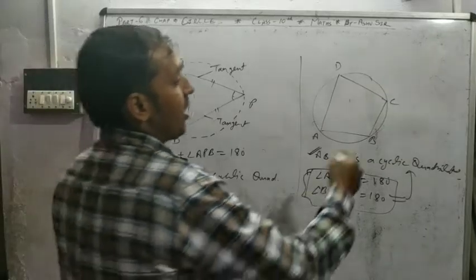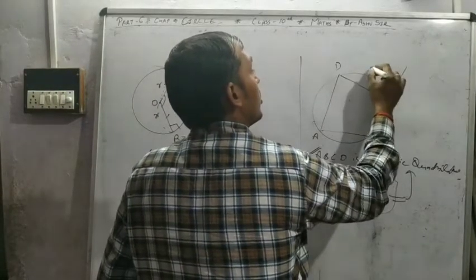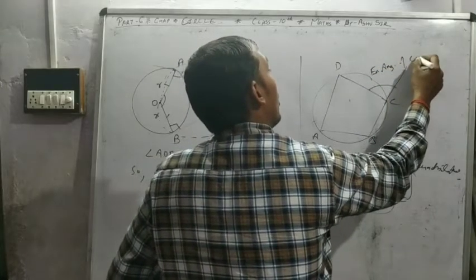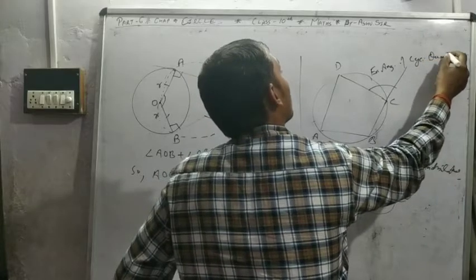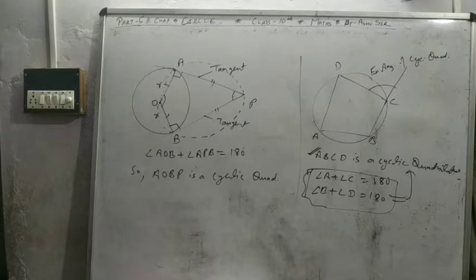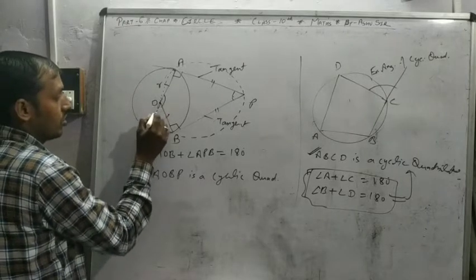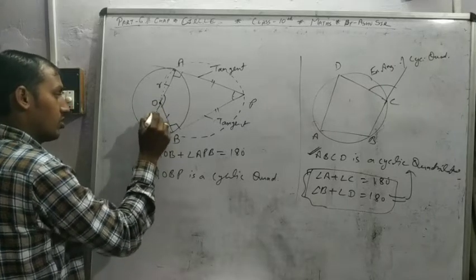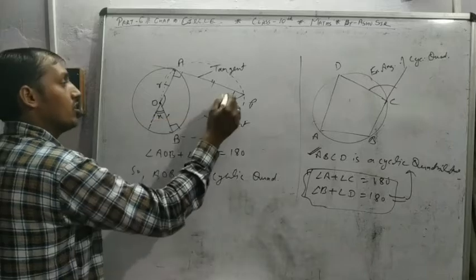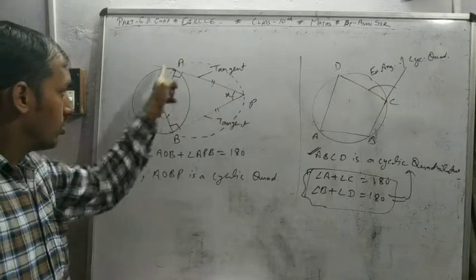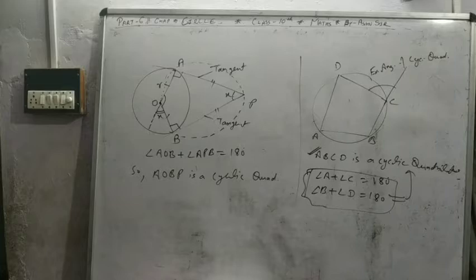And you know, if we extend this, this is the exterior angle of the cyclic quadrilateral. So here you can also find the exterior angles. Just like if I extend this, this angle is x, so this angle is also x, the exterior angle of the cyclic quadrilateral. So these are small things I have used in the questions.